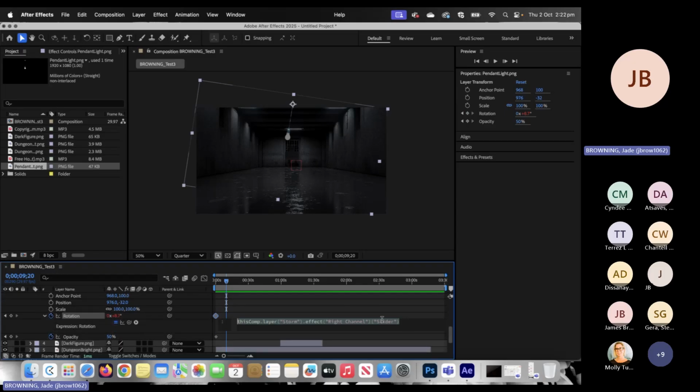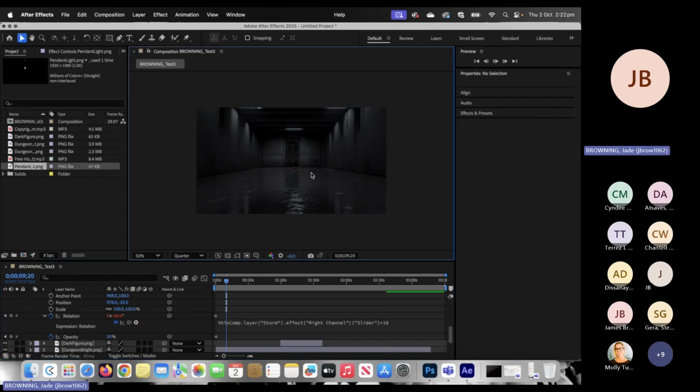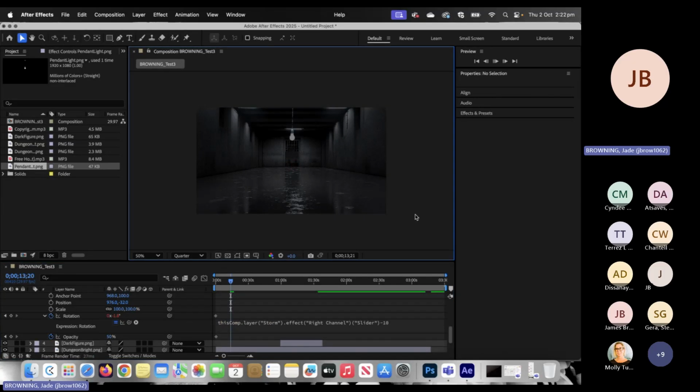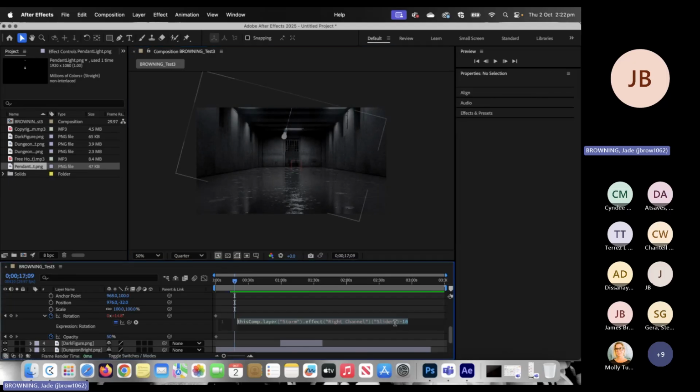So that line of code that I showed you before under the drop down here, if anyone knows any real basic Excel coding or just basic coding in general, there's a few different things that you can do. For example, if we wanted this to be way more intense, we could times this by 10. Now, if I times it by 10, it is so intense that it's swinging into the ceiling. That's not what we want. What we can do is we can change the angle by making things minus. And now it's going to swing slightly further to the other direction. You can change that to whatever number,